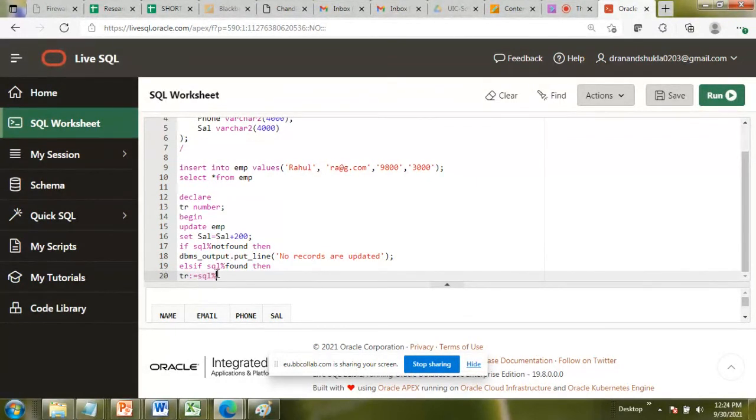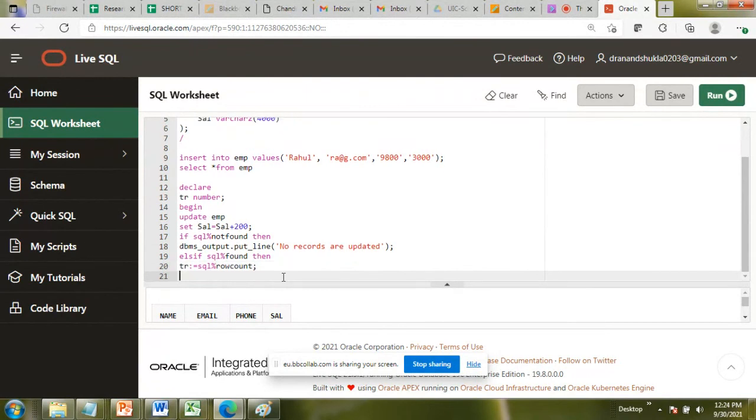So TR will be like this: SQL%ROWCOUNT. Whatever row count is going to be initialized into the TR, when you print the TR, you will get the accurate number of rows that have been updated.